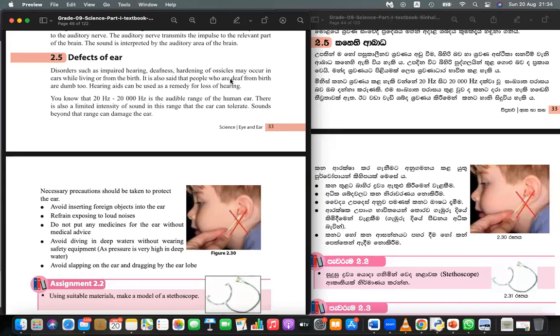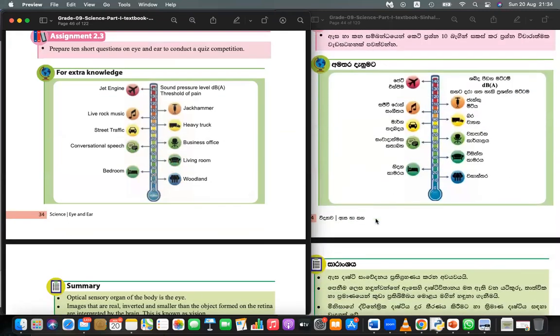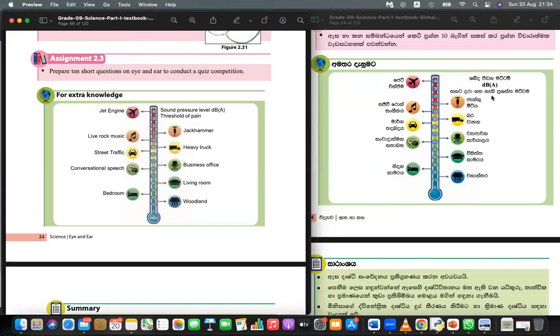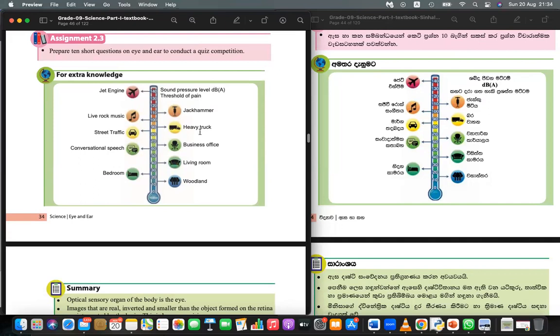And it can be an ear infection. These are basically issues which can affect the ear. Okay, with that, I think we have discussed both. Here you can see, this is for your extra knowledge, right? So which you can see